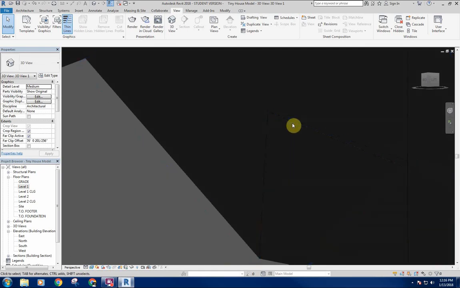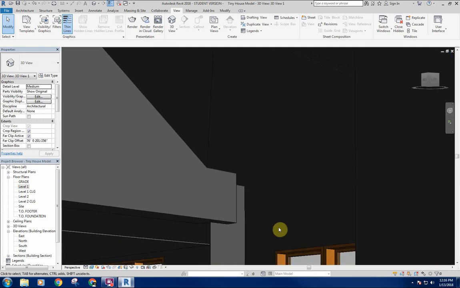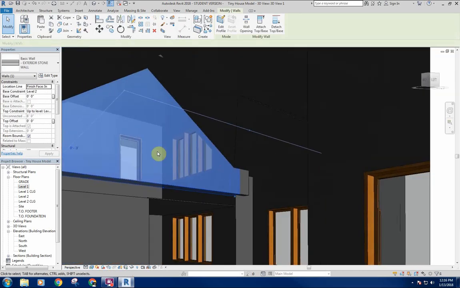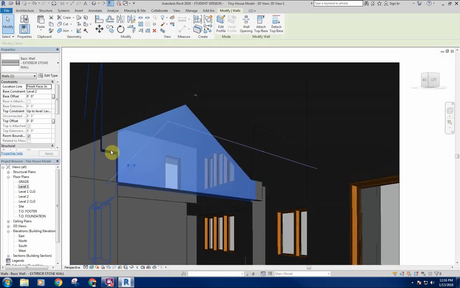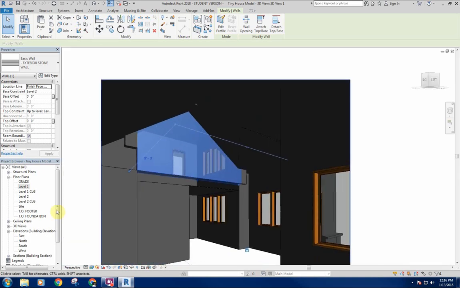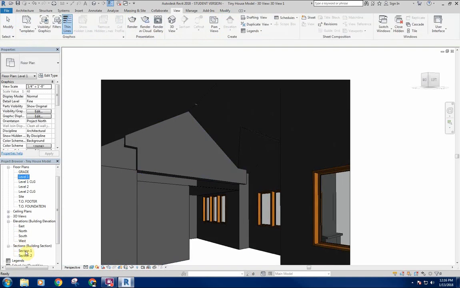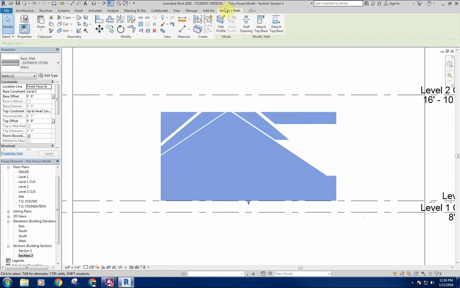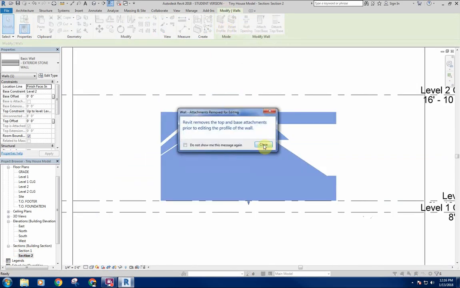But you can see our gable kind of extending out that direction. This wall we can definitely start to edit and move to where we want it. So let's go back to that section here real quick. Now that I have this wall, I can hit edit profile,